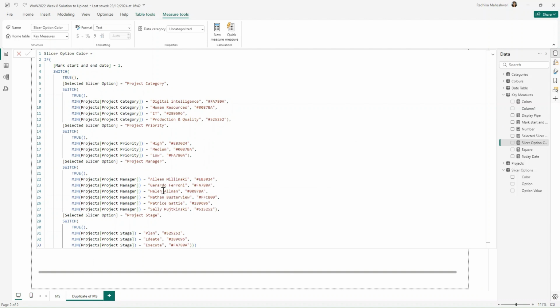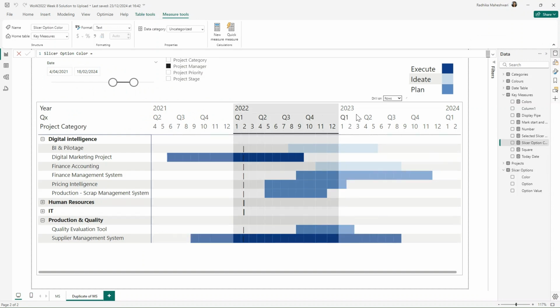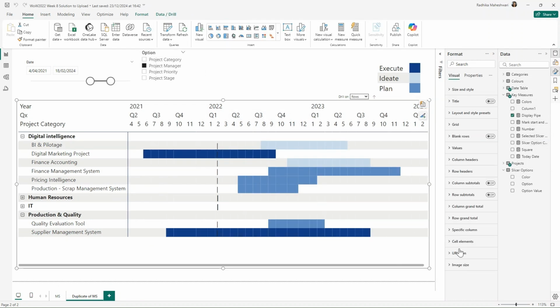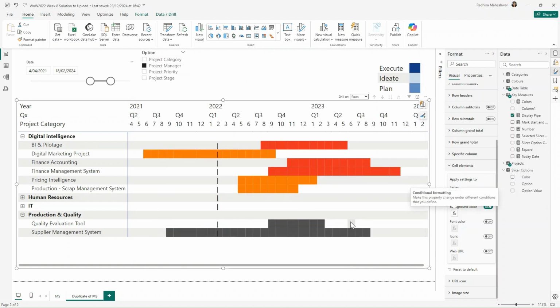And now we're going to use this measure for conditional formatting. Ensure that you use the same color which you have provided in this slicer options table in this measure so that it is consistent. Otherwise, your colors will not be consistent. Now in here, I will go to format settings, select this matrix visual, and in cell elements, for conditional formatting, instead of the colors measure, we're going to use this slicer option color measure and click on OK. Once we do this,